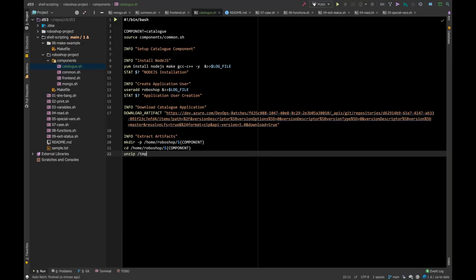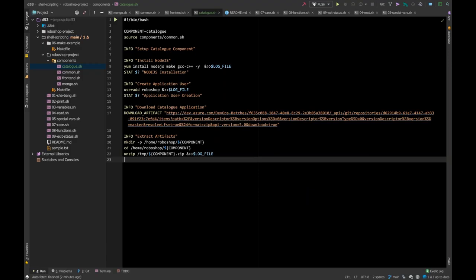Now cd into this location, and unzip /tmp/$component.zip file, and $log_file. Okay, so that is how it is, and unzip the file. And after this,